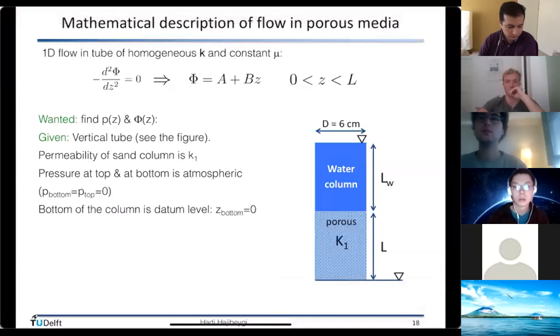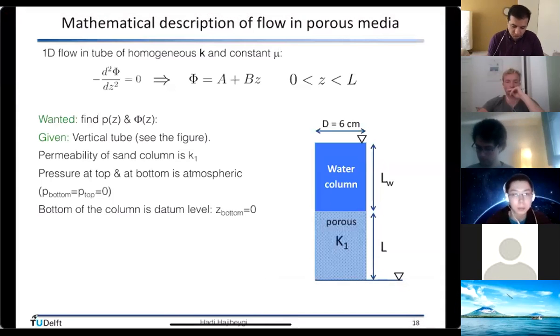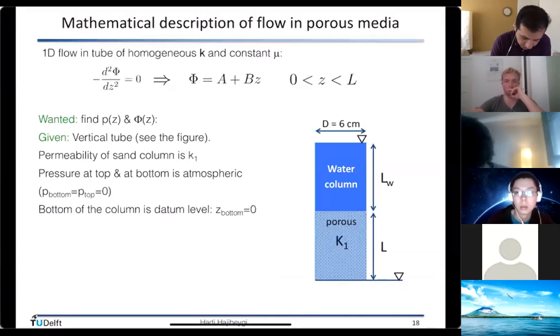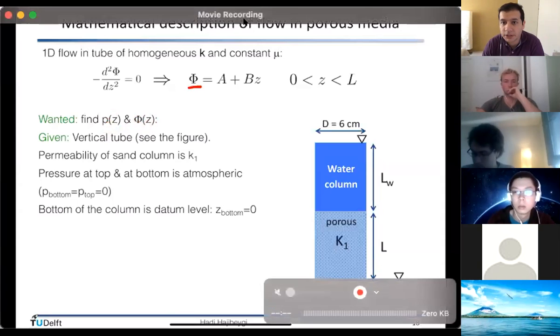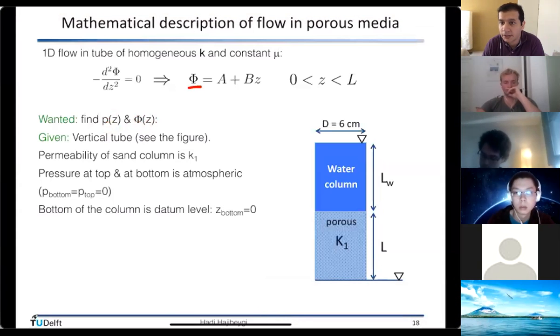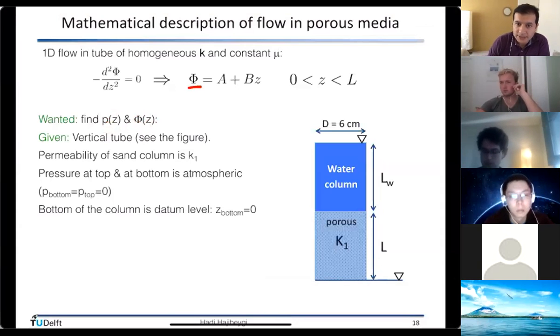Okay, we stopped here. We would like to solve the potential across the porous sample and the water column. And we would like to know the pressure P, and we would like to know the potential phi. So I assume that everybody sees my screen, by the way. If you're not seeing my screen, please let me know. So with that,